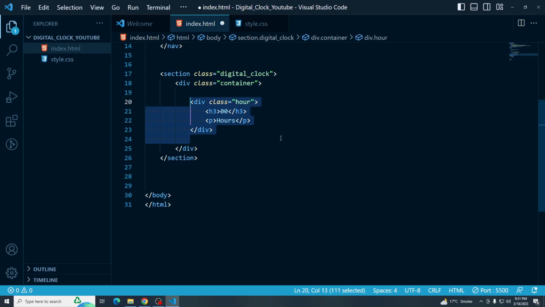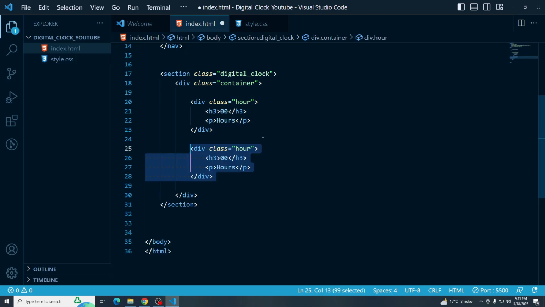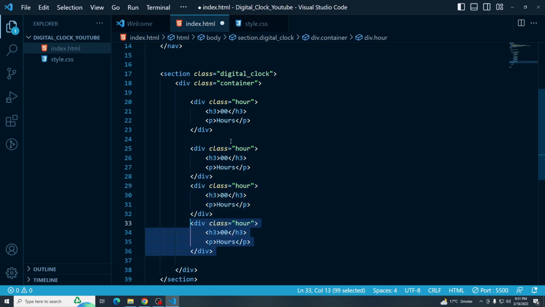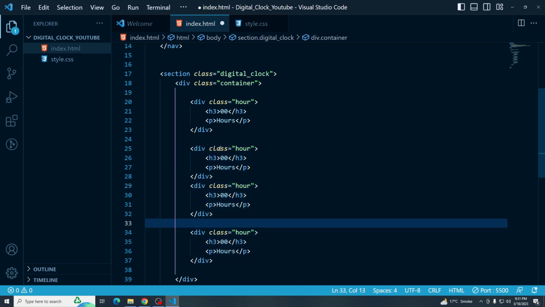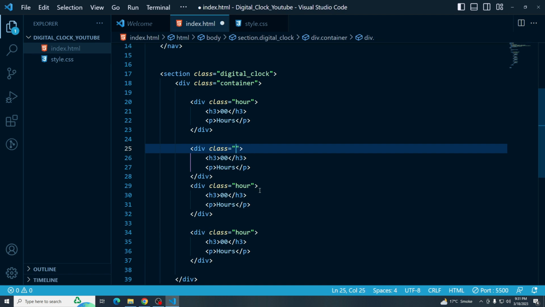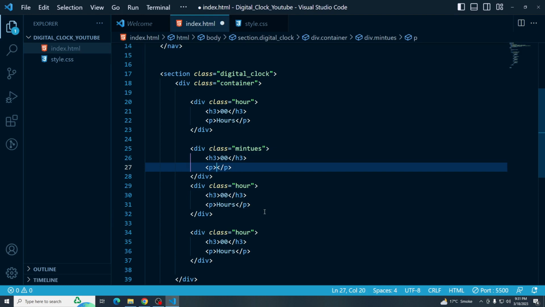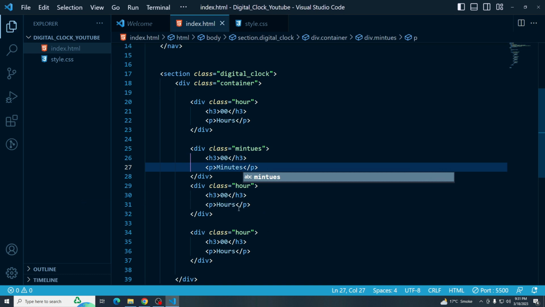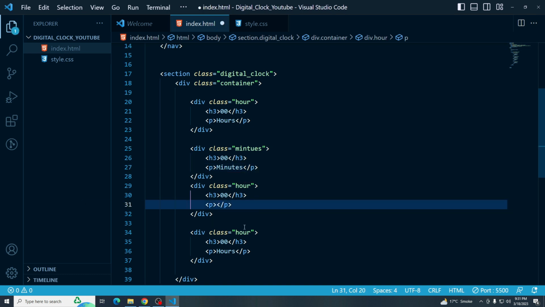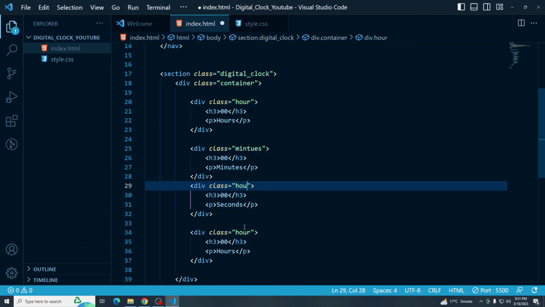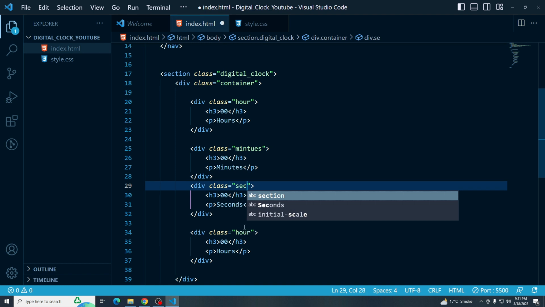Now I'm going to copy this div 3 times. Now for this class is going to be minutes. Text content of paragraph is going to be minutes, and text content for seconds is going to be seconds. And here let me change the class to second,